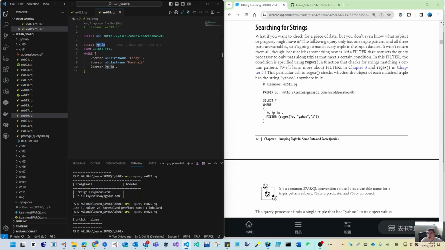But if you just want a partial piece of the data, and you don't even know what subject or properties it might have, it would be better to have some criteria to put into your